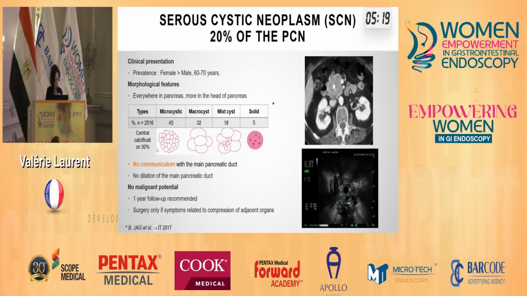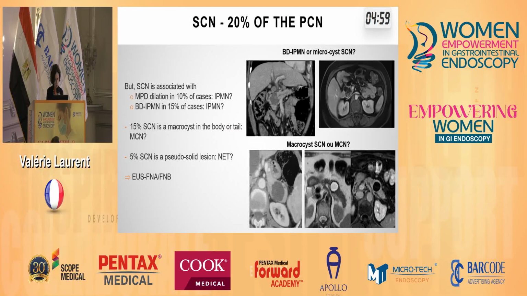The main type is the macrocystic type, due to numerous cysts inside the lesion, and it gives the very specific aspect of honeycomb on EUS. There is no communication with the pancreatic duct and no dilation of the duct. It is a benign lesion and it remains so. But